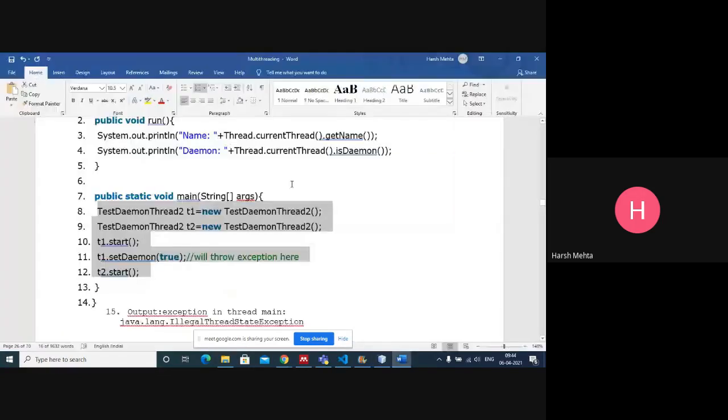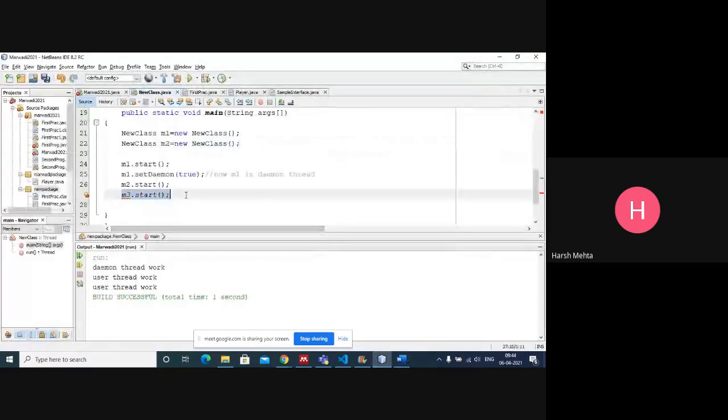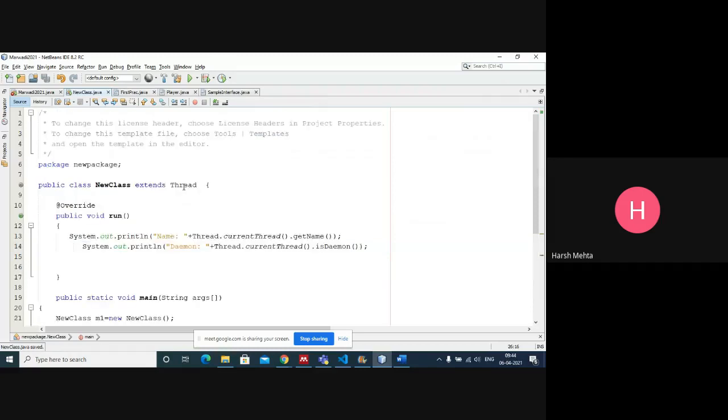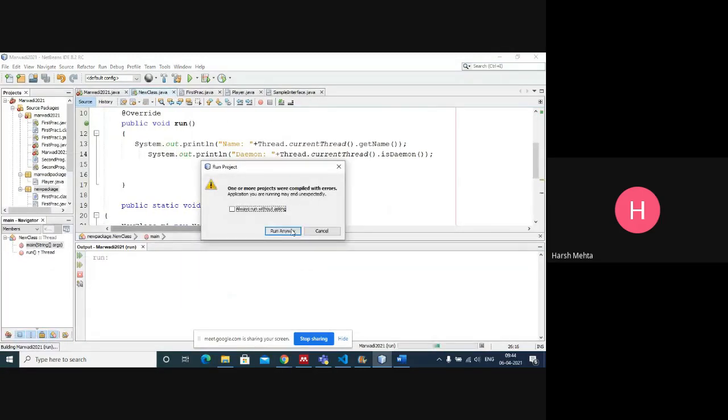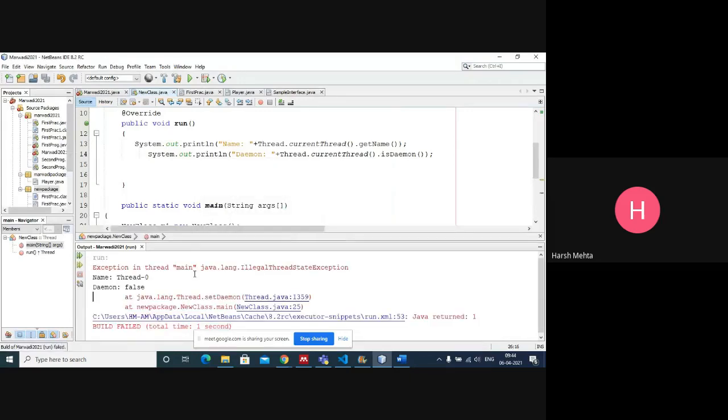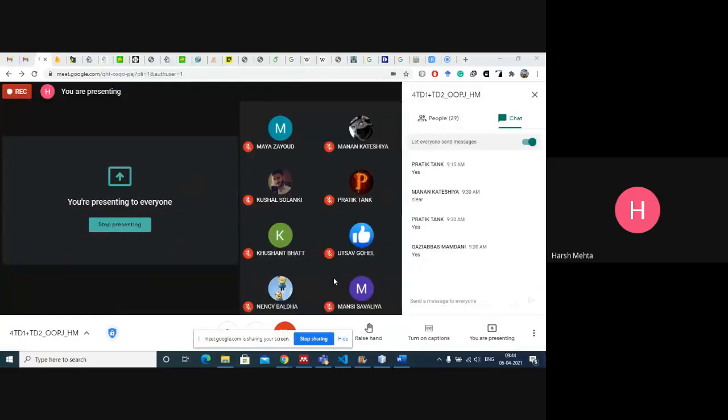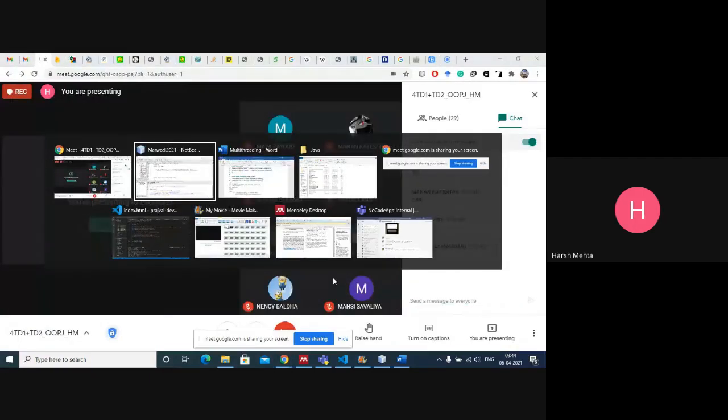And then M2 dot start. M3 thread is not there. Okay, now you see the exception. Why exception? Because we are setting one daemon thread, but it has been started. Once a thread starts, we cannot set it as a daemon thread. Okay. Fine.